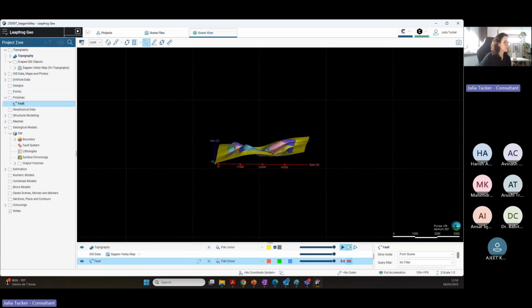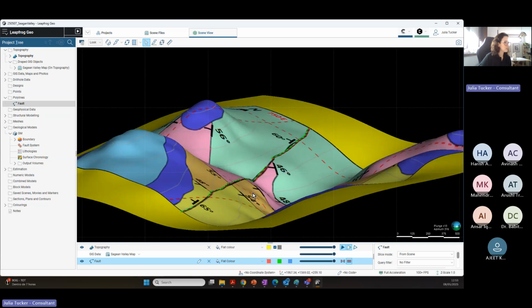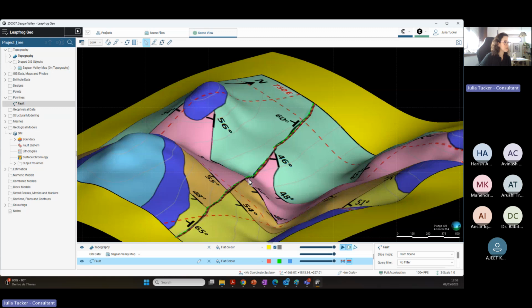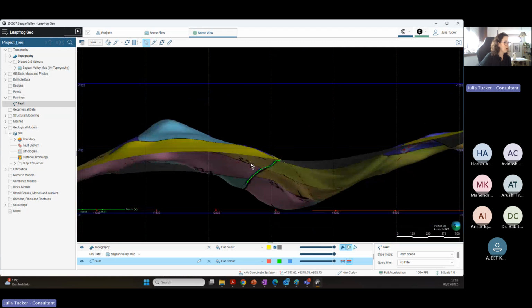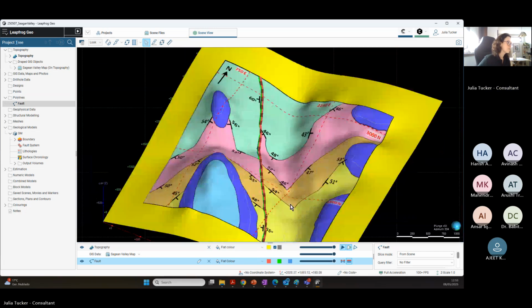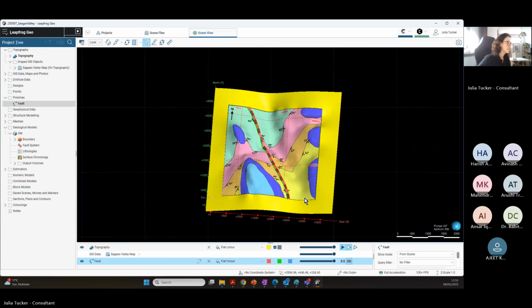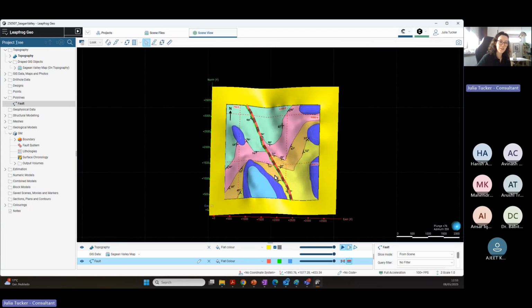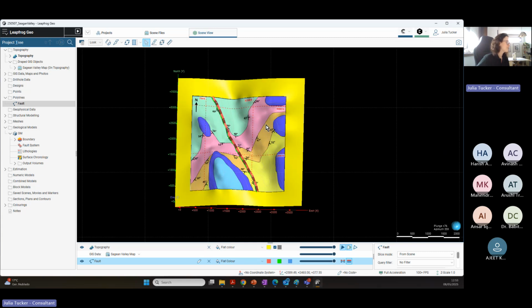We can just take a look. For now, it's just a line. And what does that mean? That means that we still have no further information around here. We don't have any subsurface information yet. So now that we have already drawn our fault, let's take a look if we have our contacts